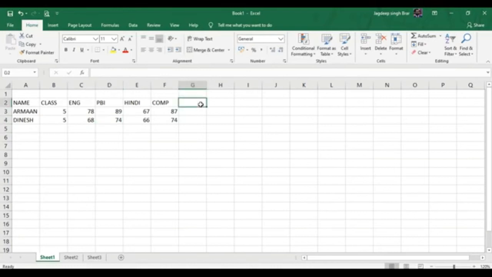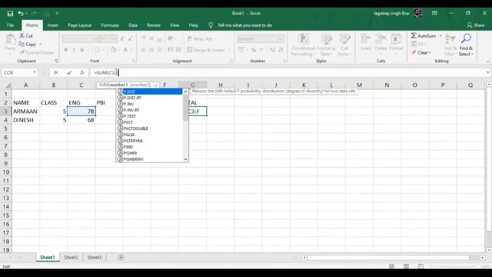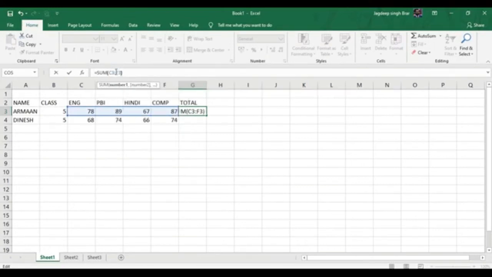Just for example, we need to calculate the total here. So we type the formula to get the total of these marks in this column. We type the formula in this formula bar. For example, sum, B3 colon F3.